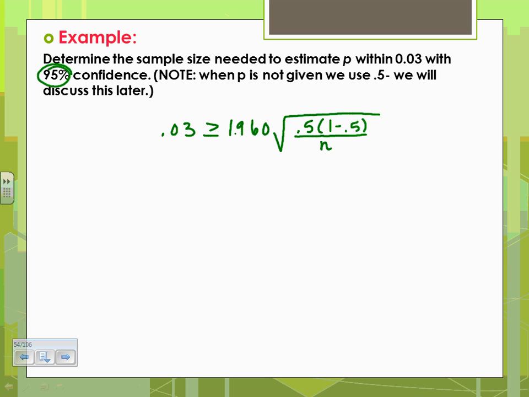The first thing I'm going to do is divide 1.96 over. So 0.03 divided by 1.96, and I'm going to math frac it so I can get something exact. That's 3 over 196. And we know 0.5 times 0.5 is 0.25, so I can simplify there as well. Now I'm going to square both sides. So I take that 3 over 196 and square it. That would be 9 over 196 squared,